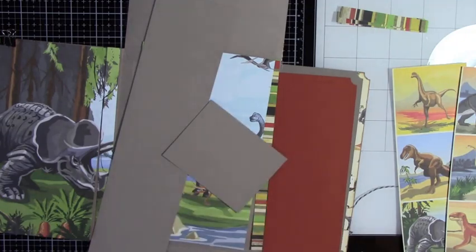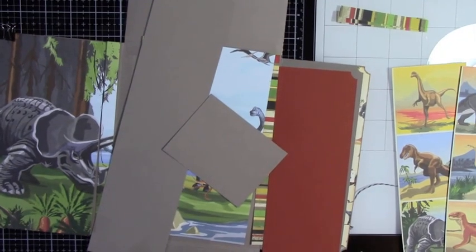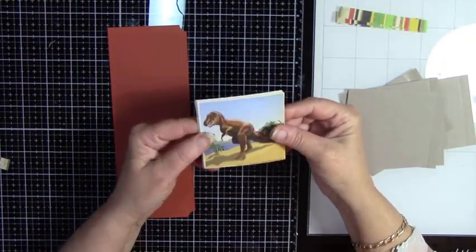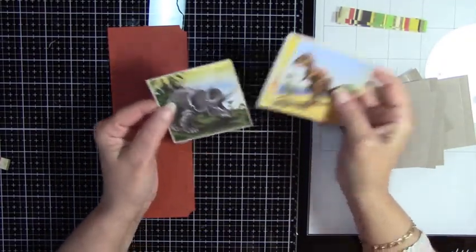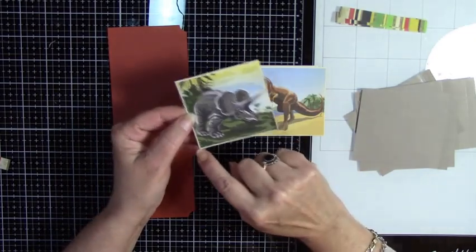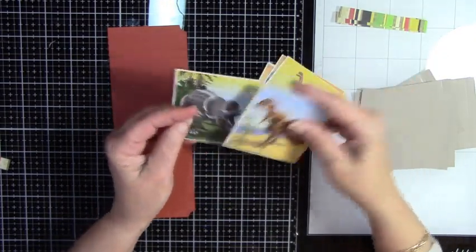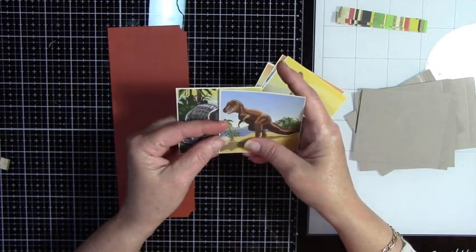There's one. Well, I'm not gonna have you watch for all of it. I'll be right back. Okay, when I was cutting these, I wanted them to be all the same. So my idea was if I had the same amount of border around them, they would be the same size. But if you match up the actual picture image,